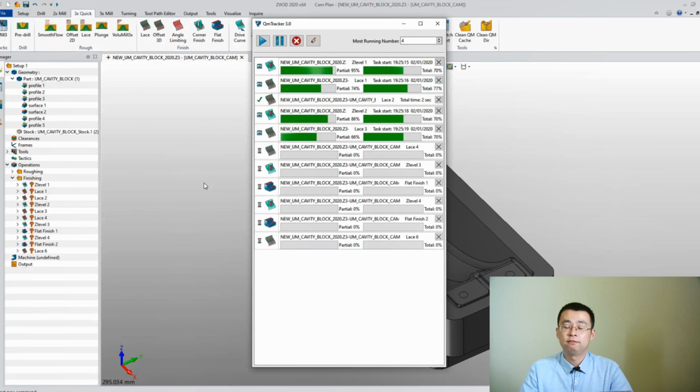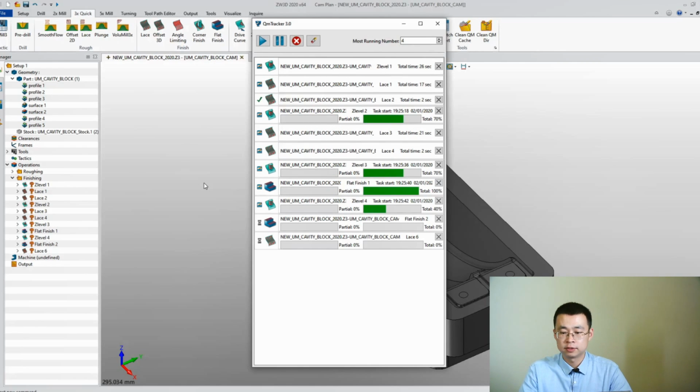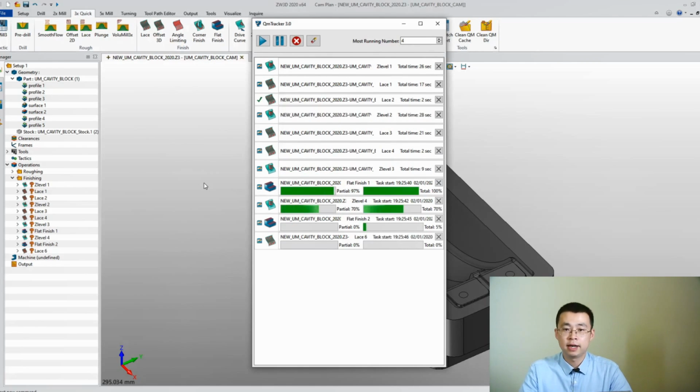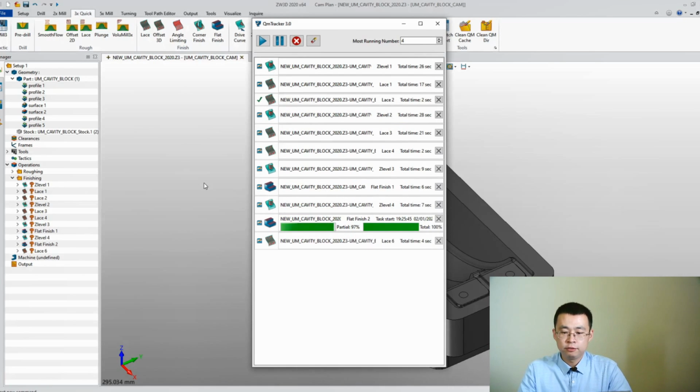That means 4 times faster than calculating one by one. If you have more cores, for example 16 cores on your processor, you can be four times faster than me. Wait a few seconds, ZW3D will finish the calculation.